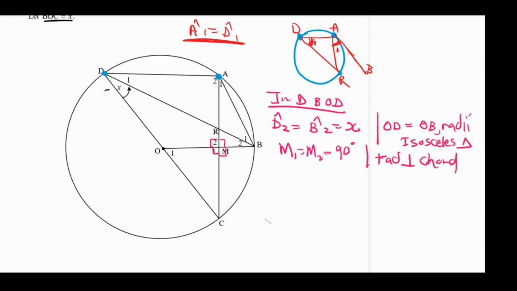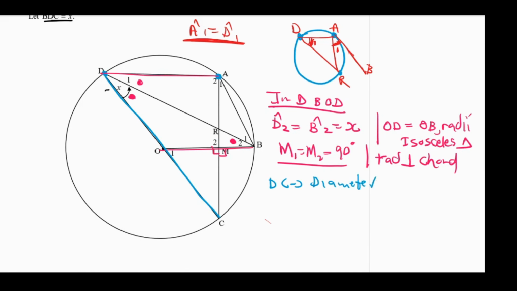Cool. And another thing is this. Remember that I said this is equal to that, right? So the whole aim now is that I'm trying to prove that this B2 is equal to this D1. So for me to do that, these two lines must be parallel. I can't just say they are parallel unless I prove that they are parallel, which is what I'm doing now. So now I know that this is 90 degrees, right? And another thing is this. If you take a look at this line here, this is a diameter. So DC is actually a diameter,